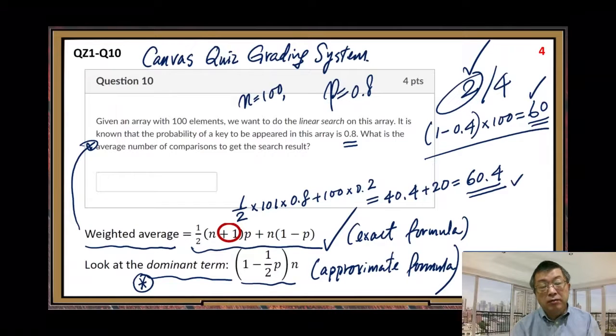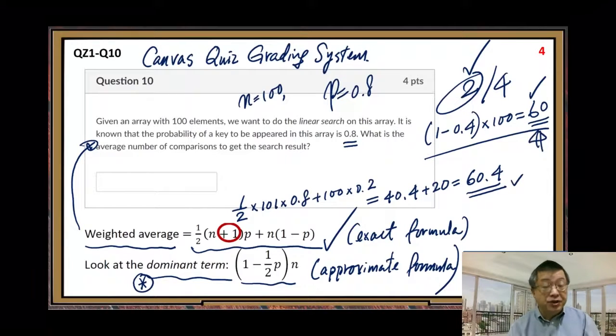If it is not completely matched, then you will lose all the points. That's what the system is doing here. Yeah, I know it is not smart, but that's the best the system can do. All right, so if you have a situation like this,